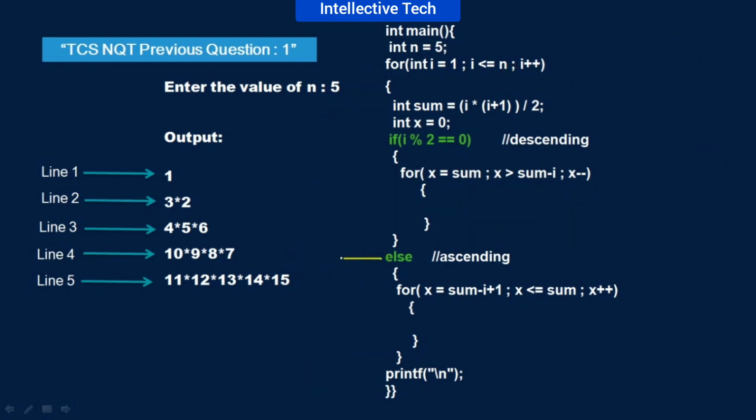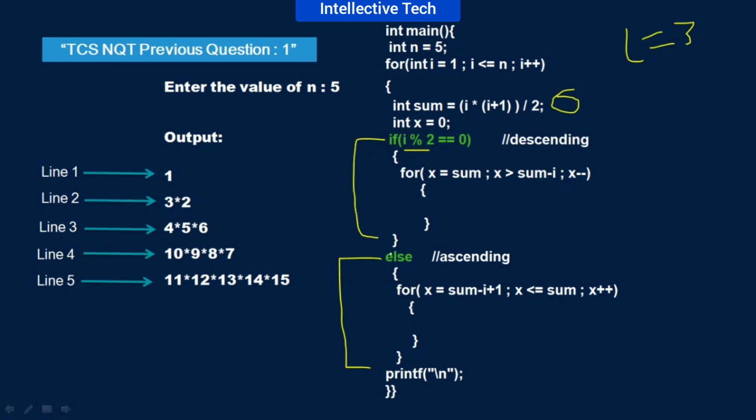So let's understand how the else block will execute. Then I will show you the complete code. Okay, so let's suppose I value is 3. What is the sum of the first three natural numbers? That will be 6. So sum will hold 6. First of all, it will check 3 modulo 2 double equal to 0. I value is odd, so the condition will be false.